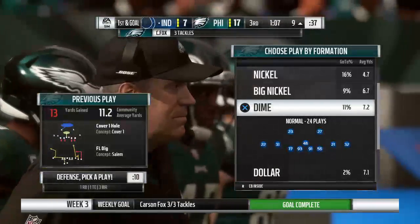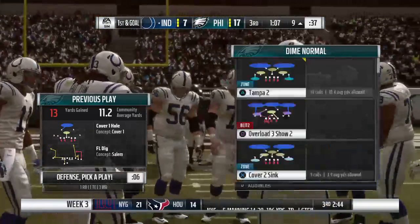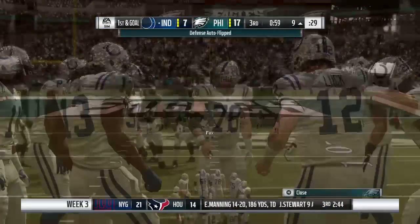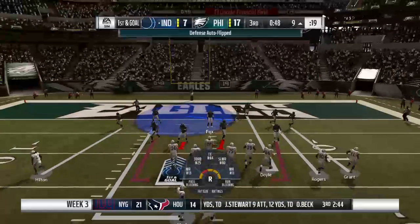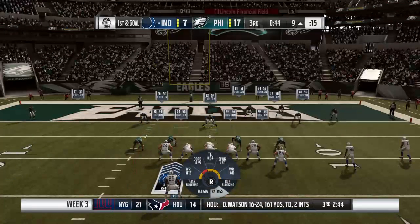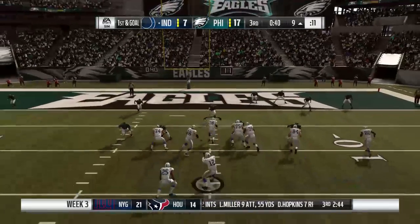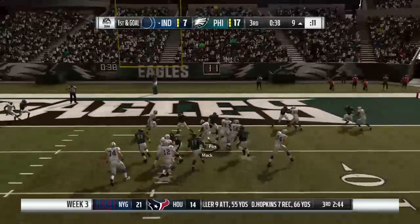And just in general, Charles, on a play like that, how tough is it for the defense to account for a running back essentially being a receiver downfield? It's very difficult, especially if the running back has skills like a receiver, and you're aware of that before the game even begins. So throughout your practice sessions, you're going to want to be aware of him. Where is he lining up? What can he do? What kind of damage can...